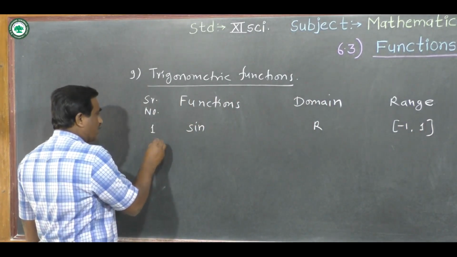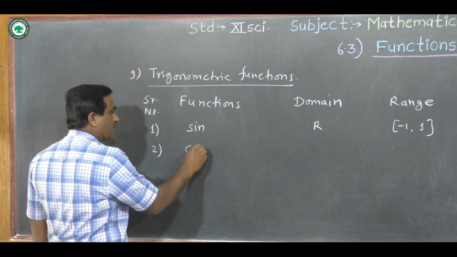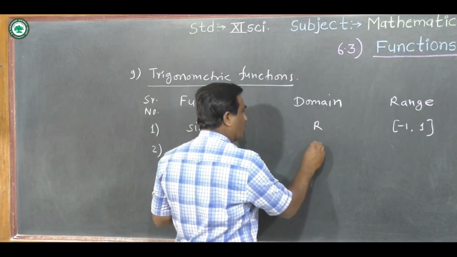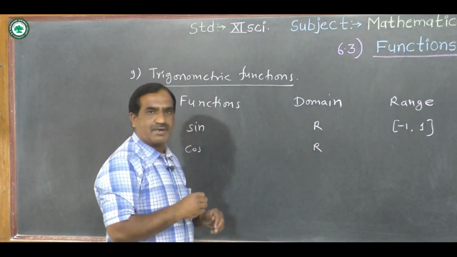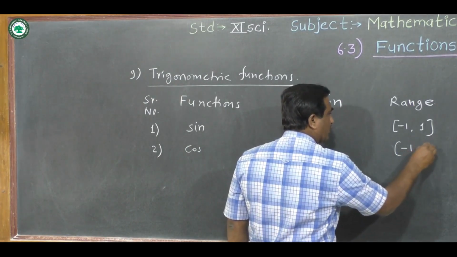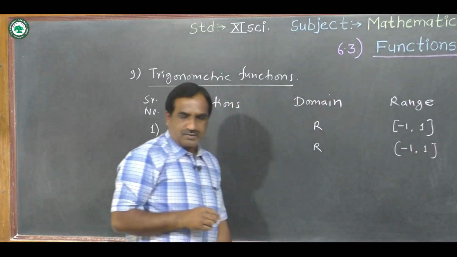Second function is cosine, that is cos. The domain for this function cos is also the set of real numbers R, and the range for this function is -1 to 1. Okay, third function is